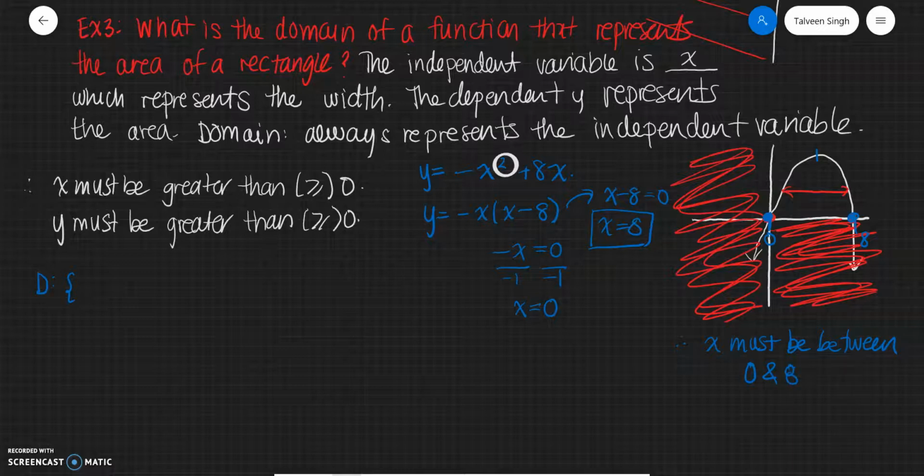So my domain is going to be x such that 0 is over here, because I'm going to put the x in the middle, and then 8. This is how I like to write this, right? Because now x is physically between 0 and 8. So if x is between 0 and 8, that means x has to be greater than 0 and less than 8, right? So if you look at this,